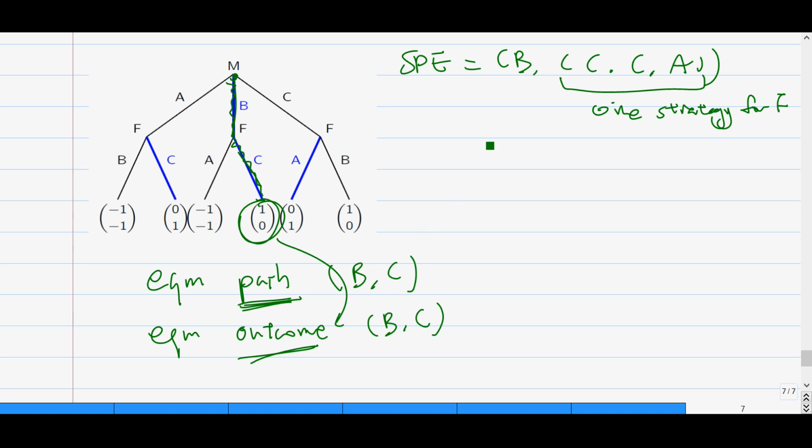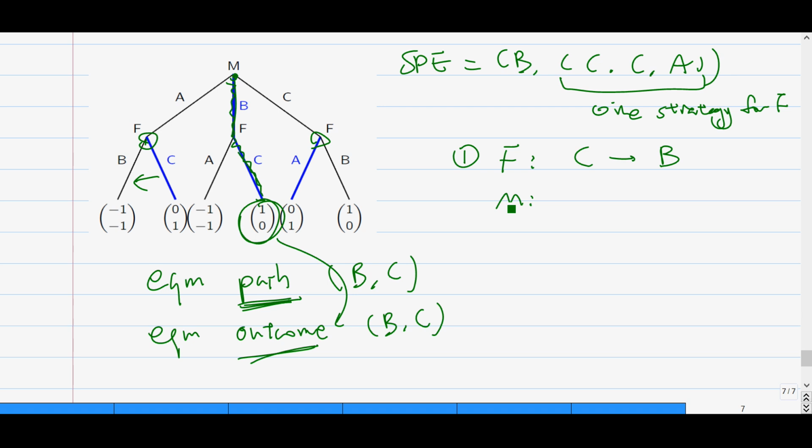The second thing is the important one: how to find the Nash. I said there are two ways to do it: first, modifying stuff off equilibrium, and second, modifying stuff on equilibrium. The off-equilibrium histories are these two. We can modify the C to B or modify A to B. I'll do the C to B part. If I modify the action of F off equilibrium, changing from C to B,